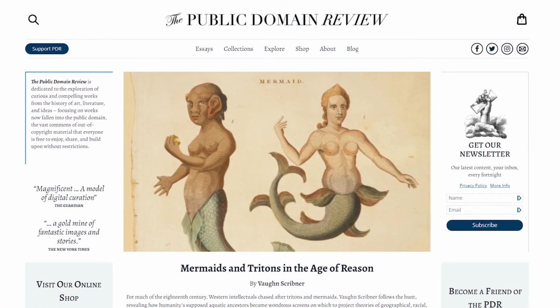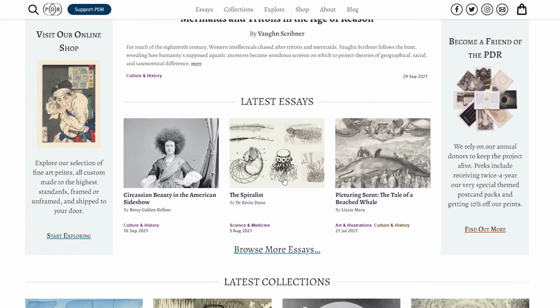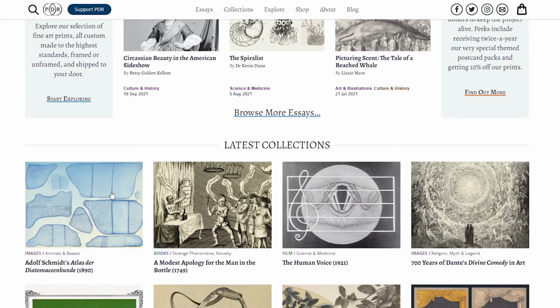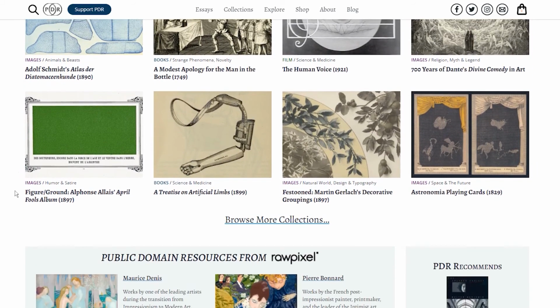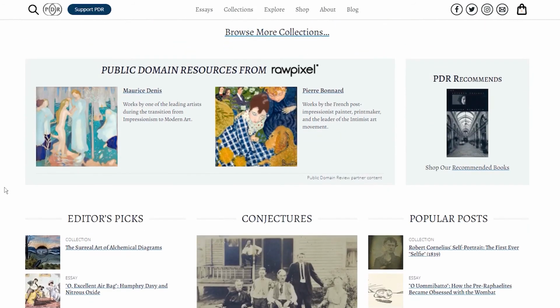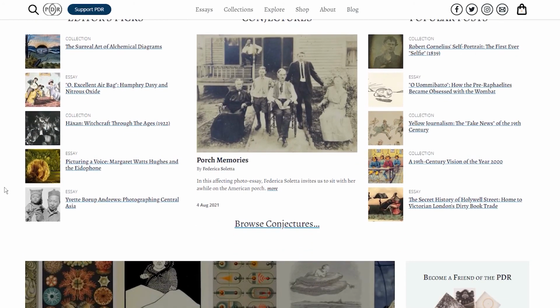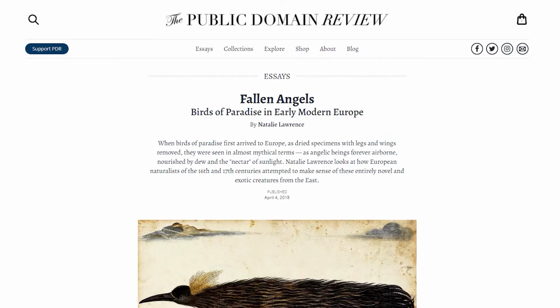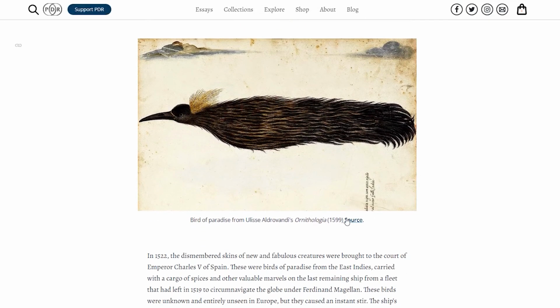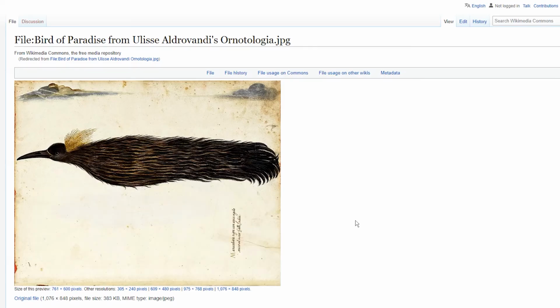The last website is called the Public Domain Review. It is a curated section of public domain photos, illustrations, art, audio, films, and text. Browse their collections or check out their monthly Curator's Choice for a special guest post that celebrates lesser known parts of history. All images are within the public domain and you can easily find the license of any image by clicking on the source link under each image. This action will lead you to the website with the original image and you can check out the license there.